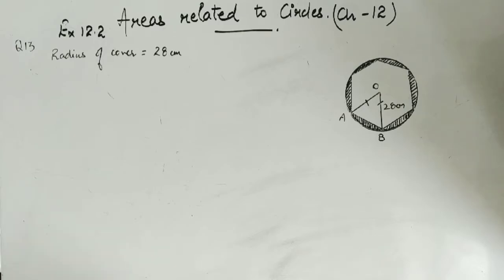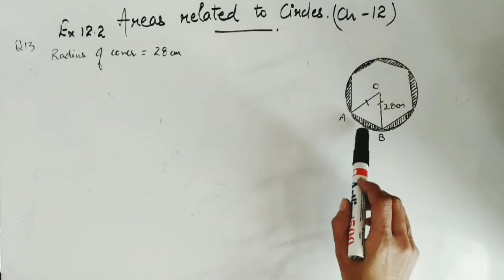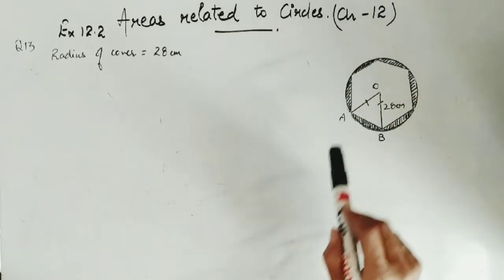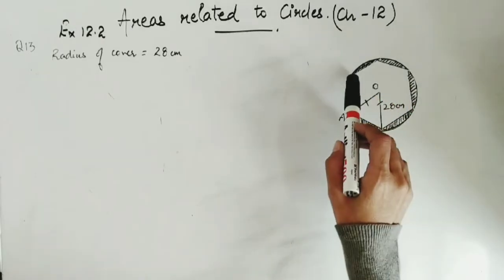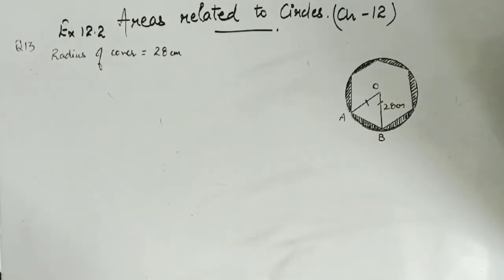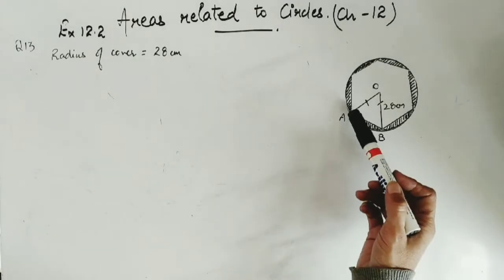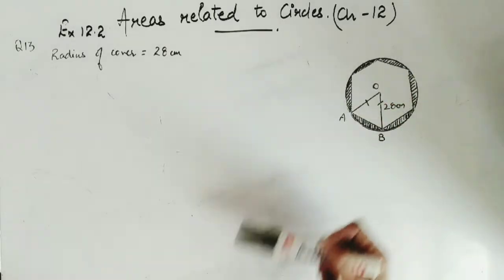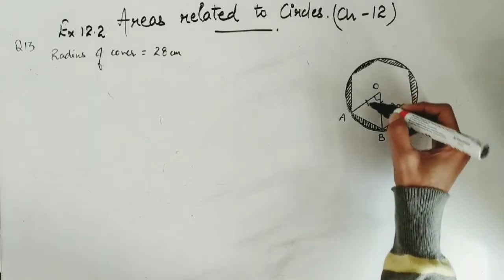In question 13, it's a round table cover. It has got 6 equal designs. As you can see, there are 6 designs which are equal. These designs are made in the same circular table, and these line segments, which are actually serving as chords, have made these designs. This indicates that if the designs are equal, the length of the chords must be equal and the angle subtended by these chords at the center must be equal.